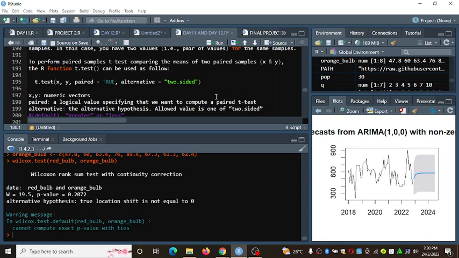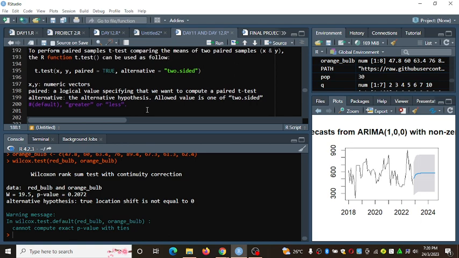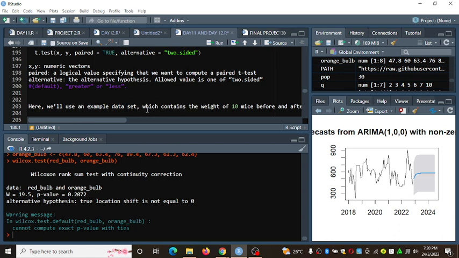So x and y are numeric vectors. Paired is just a logical value specifying that you want to compute a paired t-test. The alternative hypothesis